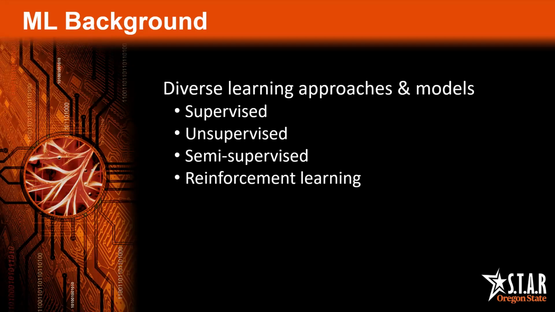Choosing a learning approach is another fundamental consideration in any machine learning problem. This choice can be broken into four main categories: supervised learning, unsupervised learning, semi-supervised learning, and reinforcement learning. These approaches can also be implemented using a variety of models, each with potential strengths and weaknesses based on the task and assumptions about the task. As a general guideline, these approaches can be differentiated by what data is used and how it is used.